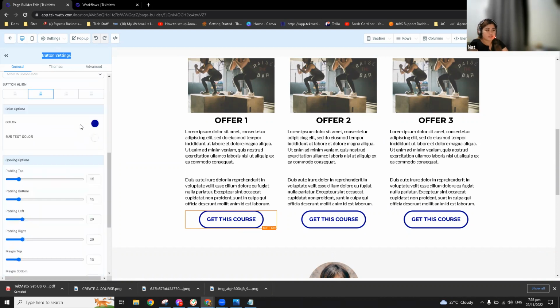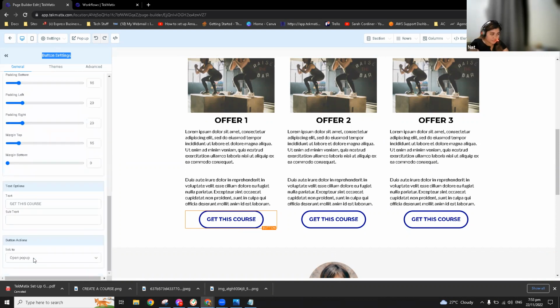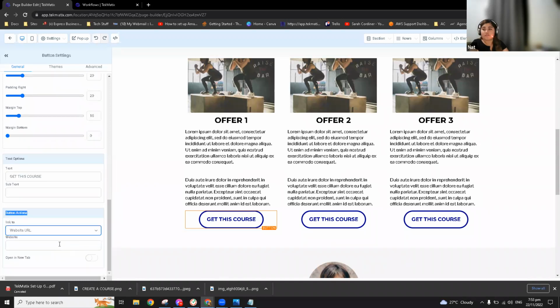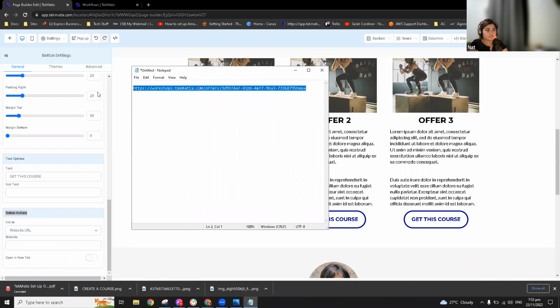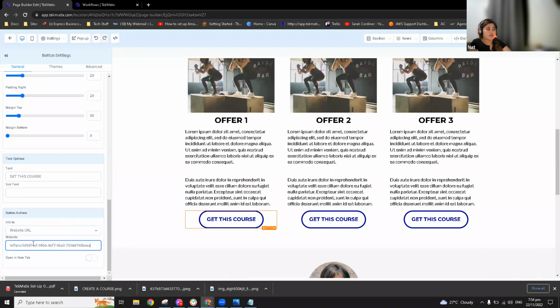When I scroll down, you will see the option button actions, and I will convert this into a website URL because we want to paste our offer link here. Let me copy this one and paste it here. When someone clicks on this, they will be redirected to the offer page where they can purchase your courses or maybe get access to the free course.